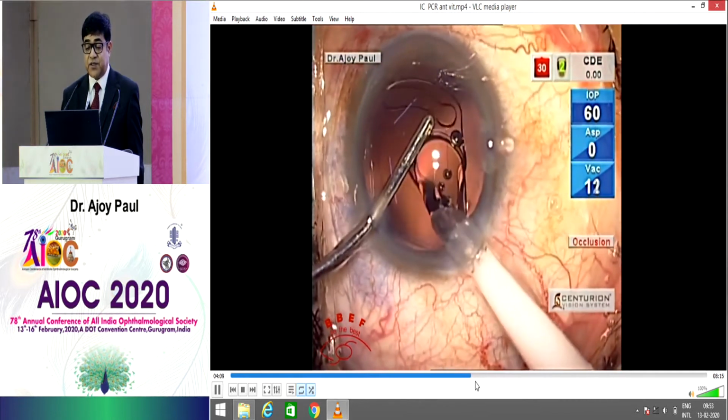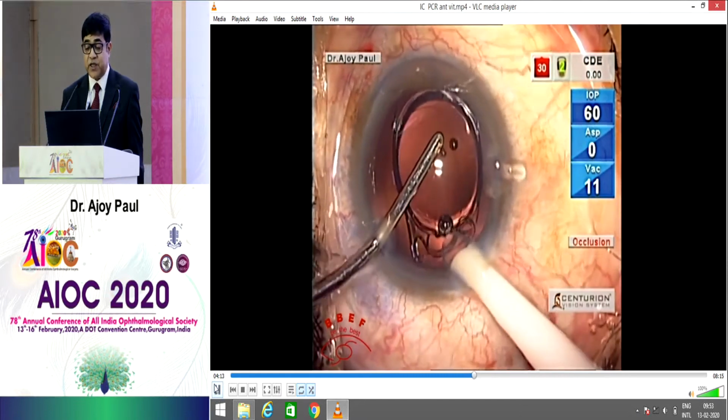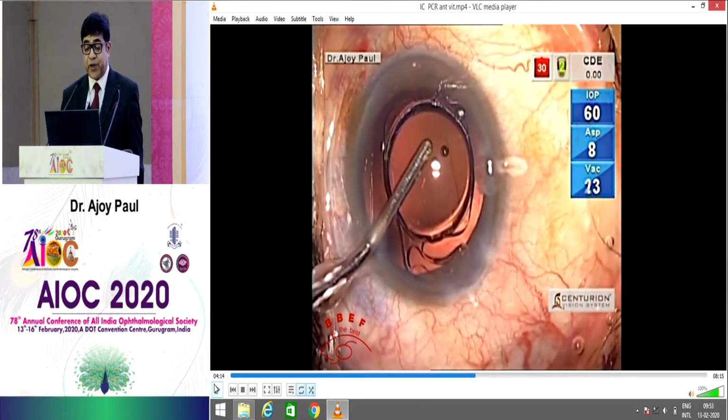Now look at this, it is a single piece design. See, as I put it, the lens goes in, and I realize that I have got a rupture here. My capsule, by this haptic, has gone into the bag, and I've got a rupture here. And this is a peculiar design, see the lens I'll be using, that's got two flanges or wings by the side. Now this is a bit tougher than the normal